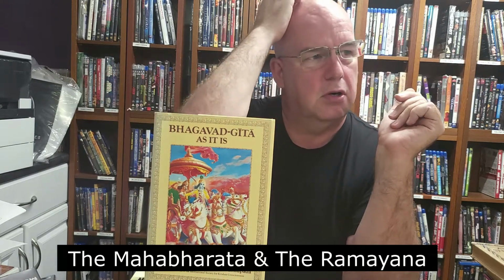The Gita is basically, there are two main texts in the Hindu religion, two large, huge religious texts, I can't remember what they're called. And this section is taken from one of them. Can I remember the names of them? I can't. But anyways, it's a section in one of the sacred texts of Hinduism,